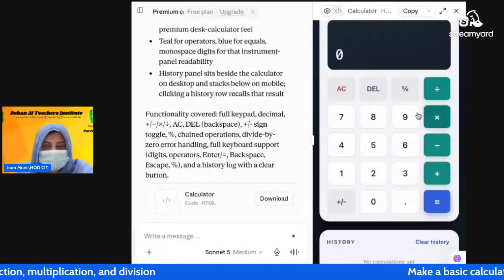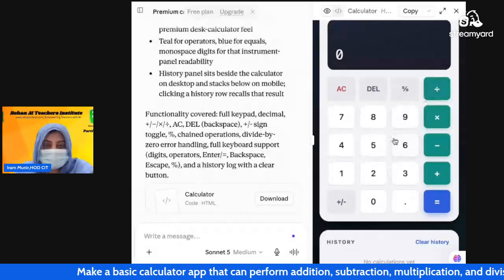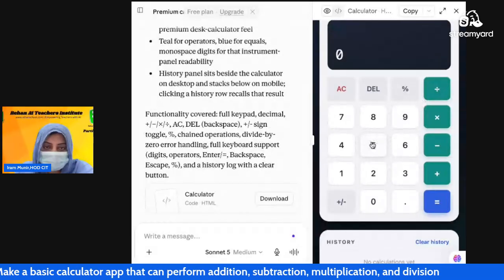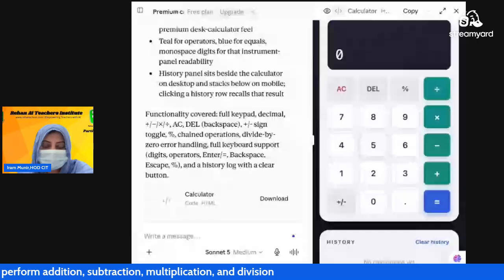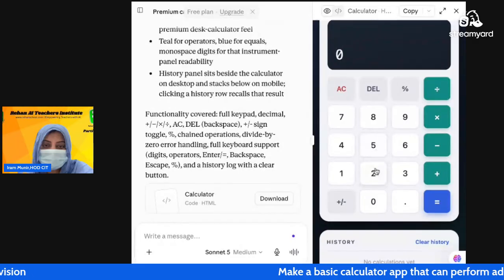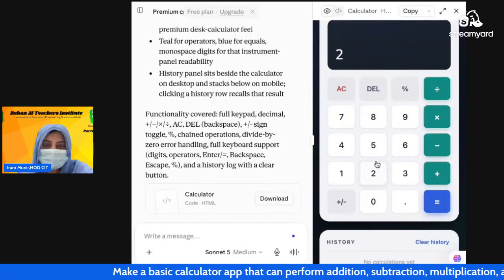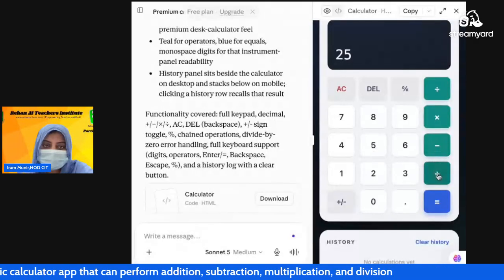Now, first I will test the addition. So I will enter some figures from here, then we will test whether the addition function is working or not. Okay, I'm writing 25 and then hit the button of plus.